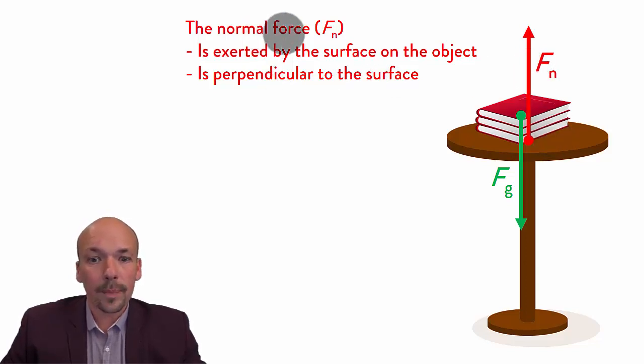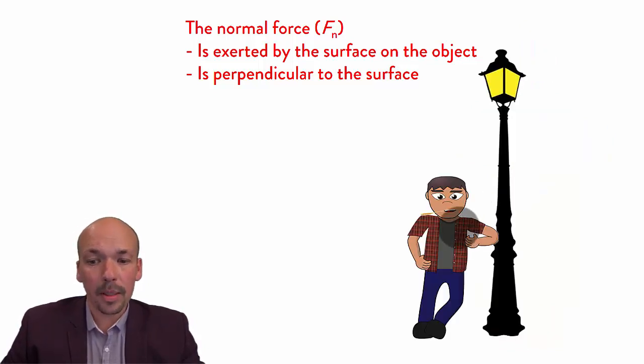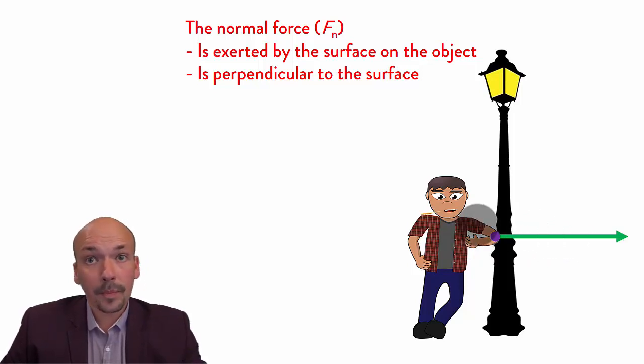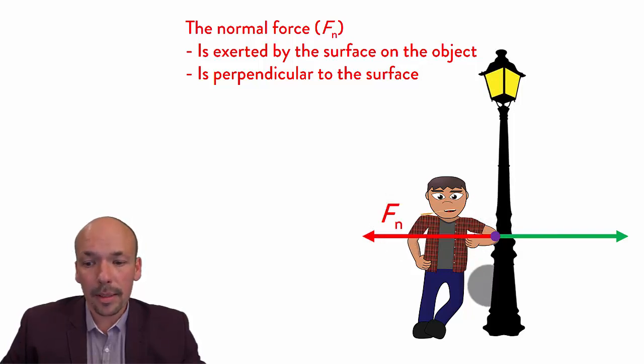So the normal force is a force which is a reaction force to, in this case, the Fg, but it doesn't need to be the Fg. For instance here, this guy is leaning against this pole with a certain force. He's not falling through it, he's just stationary, and if he's stationary, then you know that the resulting force is 0 newtons. So there's an equal force the other way. Again, Fn is now 90 degrees on this surface, so it's perpendicular to the surface,